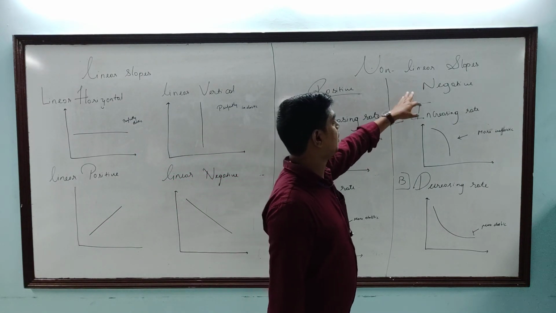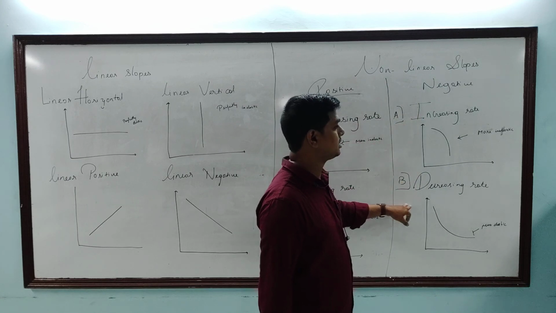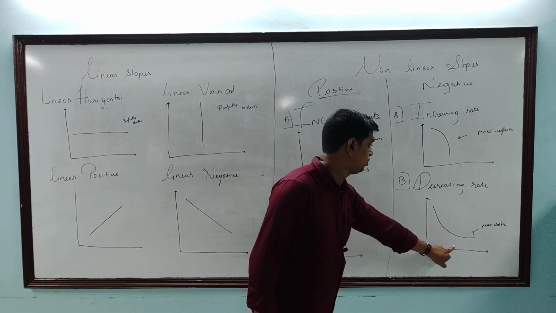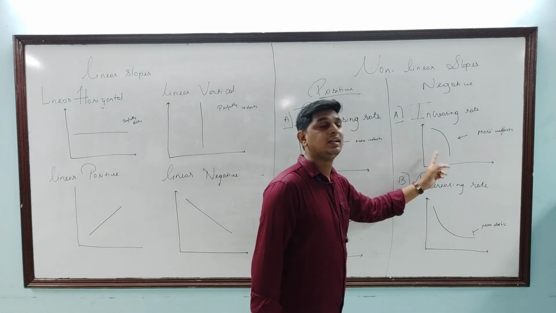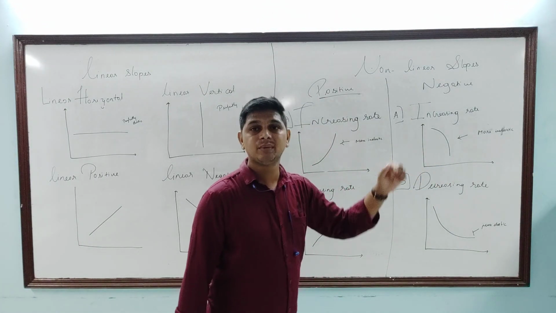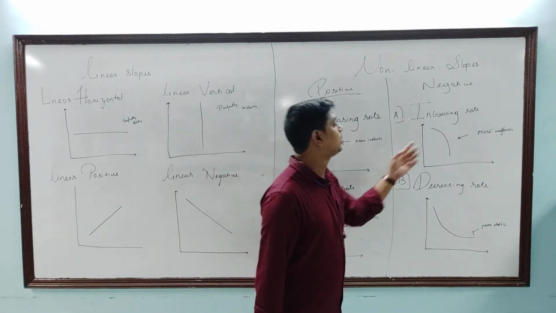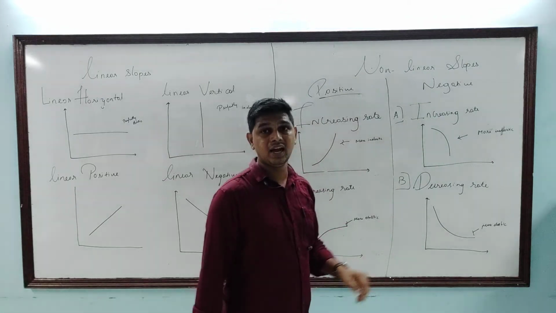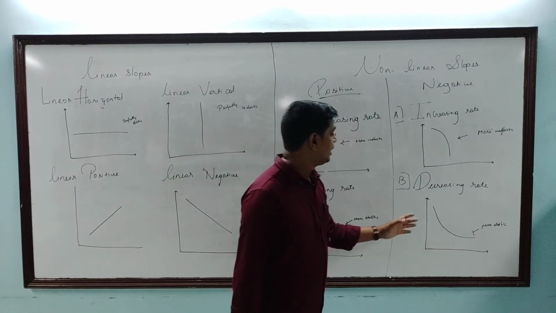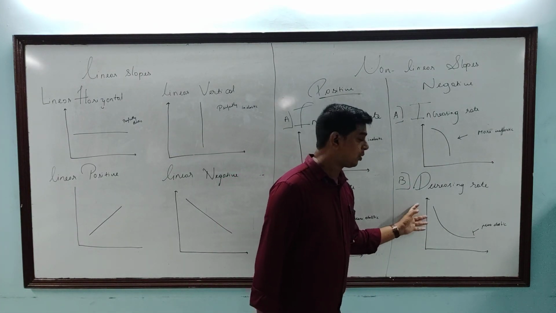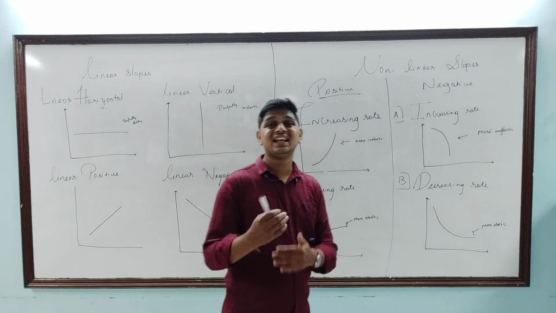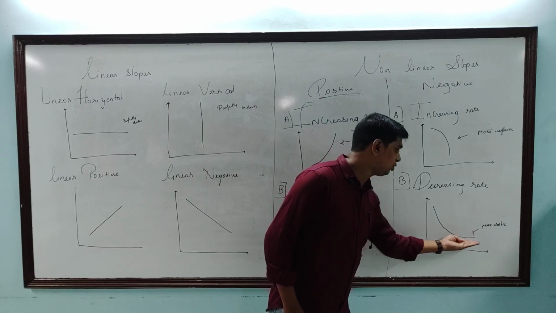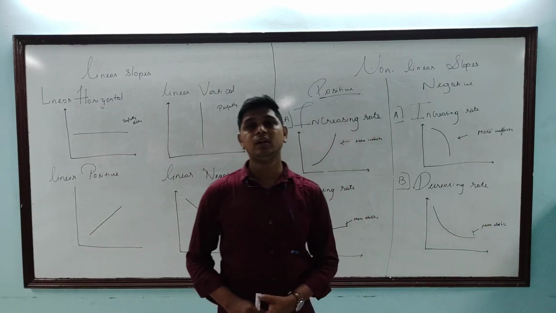Here, if you talk about a negative slope at increasing and decreasing rate, we can see they have a negative slope, that's for sure. But here the proportion of x to y variable is greater than 1, so they tend to become more inelastic, more vertical, and hence we can call them at an increasing rate. In the B column, we can see that the proportion of x to y variable is less than 1, and hence they tend to become more elastic, so we can call them at a decreasing rate.